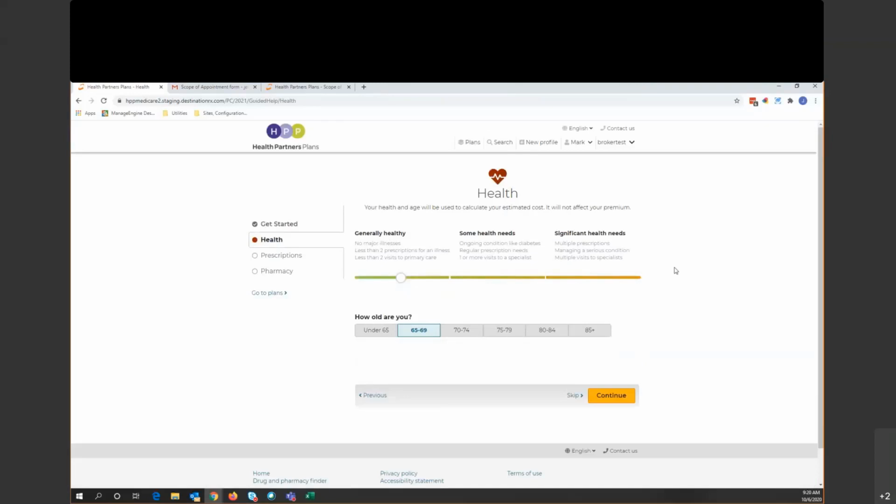Next will be health status. So the health status is used to help us calculate estimated costs. It will not affect plan premiums at all. And we bucket this into 3 categories. So generally healthy, some health needs, and significant health needs. And we do supply the definitions to those right below for you as the agent to view,